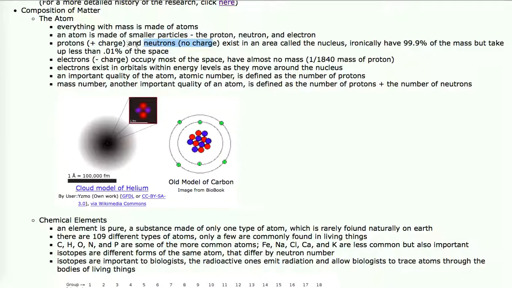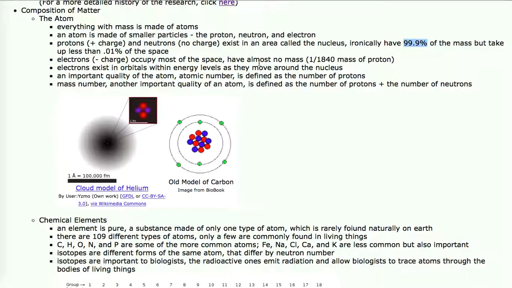As it turns out, the protons and neutrons are all packed densely in an area we call the nucleus, and oddly, without taking up almost any space, they have 99.9% of the mass of an atom. The electrons, which have almost no mass, occupy the most space by moving around. Don't think that these subatomic particles are not important. It turns out that your body runs on protons and electrons. You separate protons from electrons, and that's what's generating the body heat that right now you feel in your arms and your legs and your fingers.